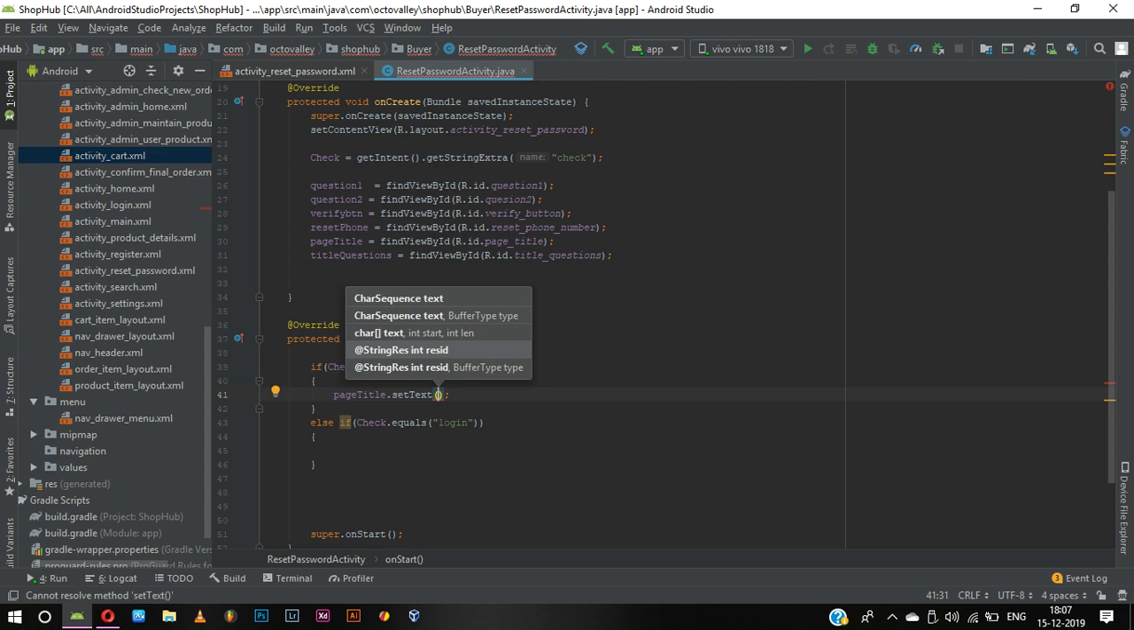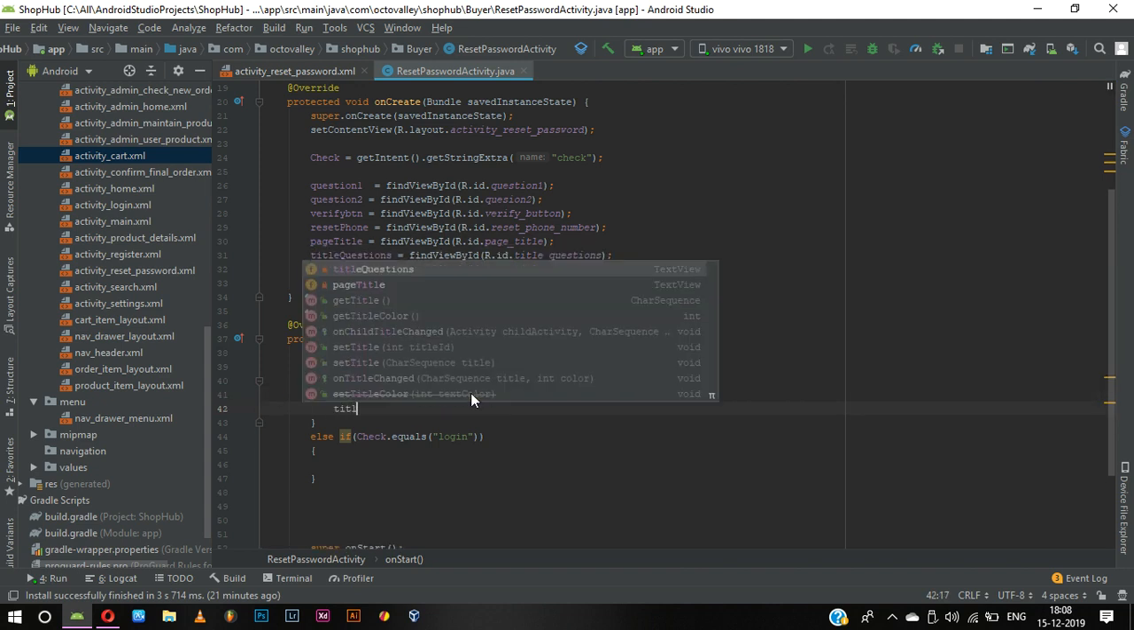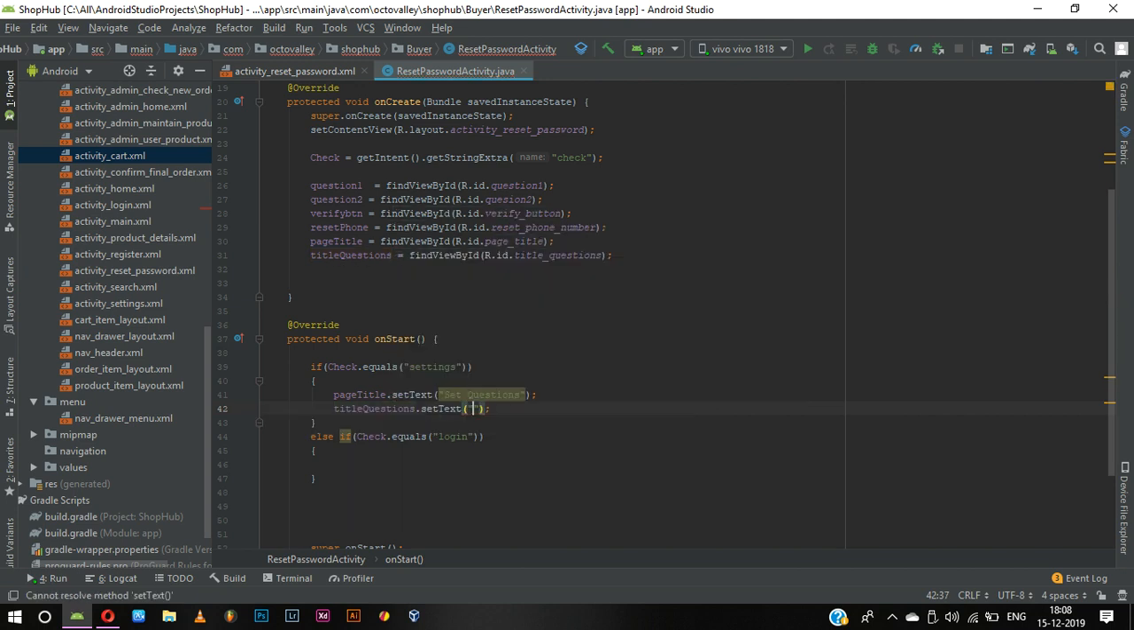So what I have been seeing is we need to set the title for it. Yeah, wait a minute, guys. Let me hold on. Yeah, we need to set the title. We can set the title as set questions. That is, the user needs to answer those questions. So we can set it as set questions. Now for the title questions, what we can do is we can set the text as